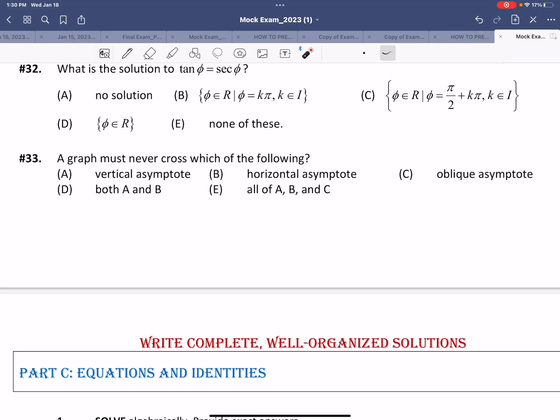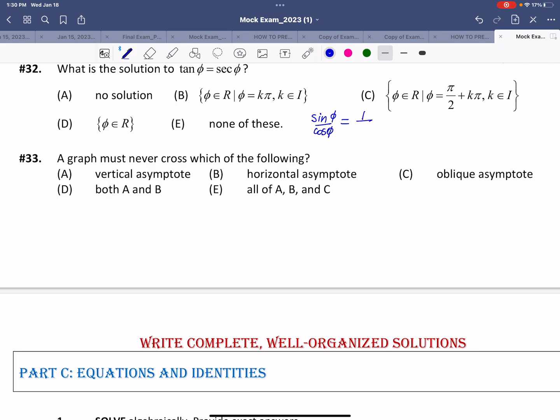Welcome back to the multiple choice section, question 32. What is the solution to tan phi equals secant phi? This is a trigonometric equation, and we'll start solving it by first replacing both tan and secant by terms that contain sine and cosine. So tan phi will be sine phi over cos phi,